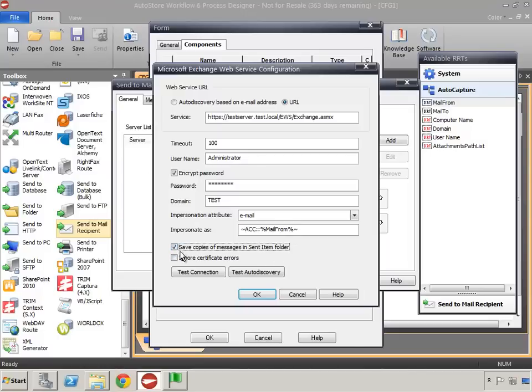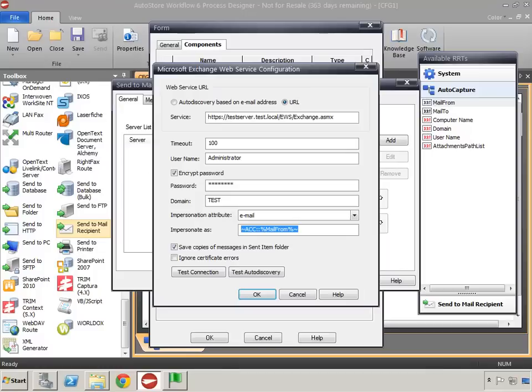So what this basically will let us do is, whoever I send this email from, as I'm sending it from or impersonating that user, it will send over the message to the person that we want it to go to, and it'll also place an item into the sent items folder. So one thing I'd like to mention real quick about impersonation, and that is that